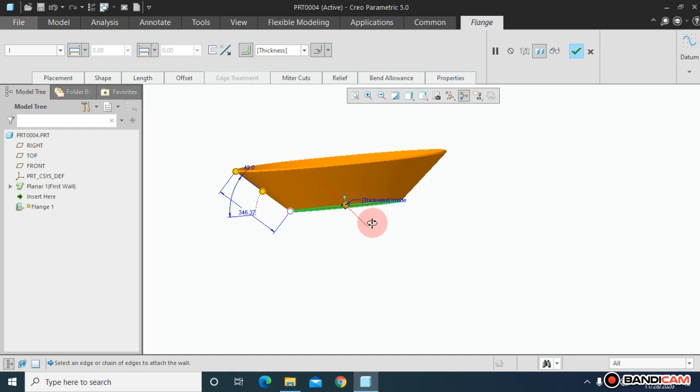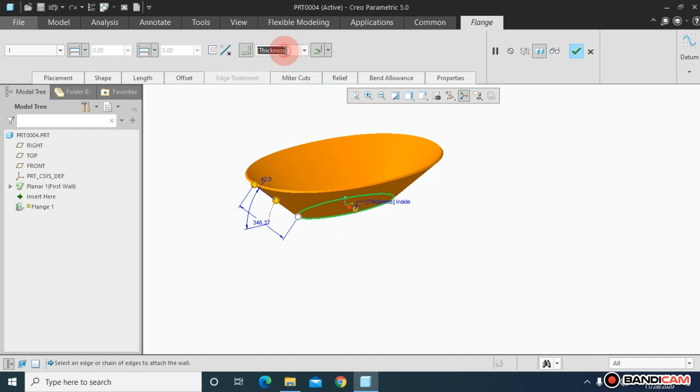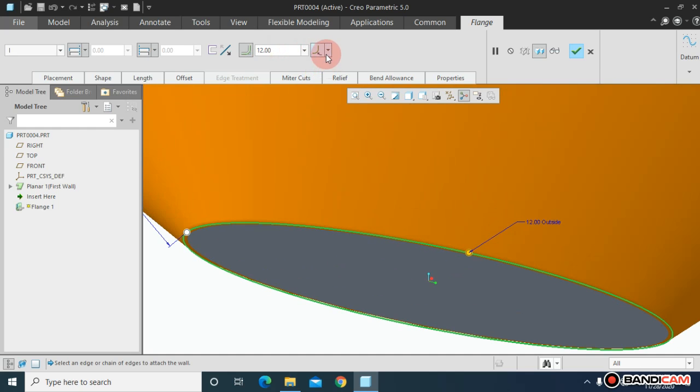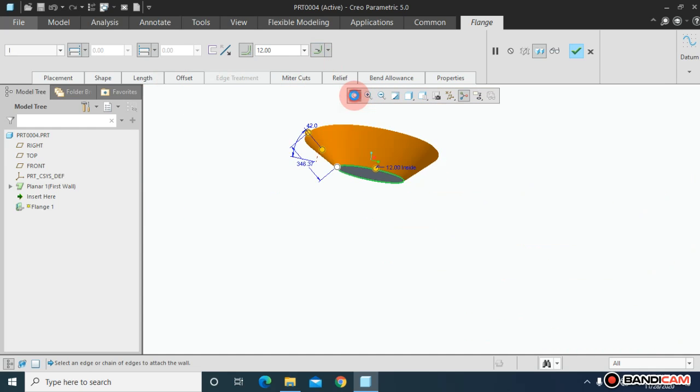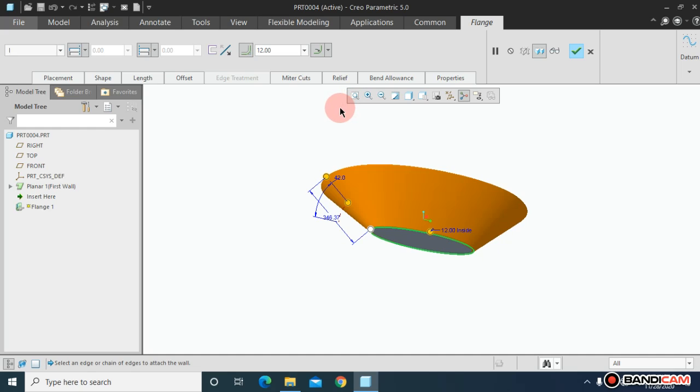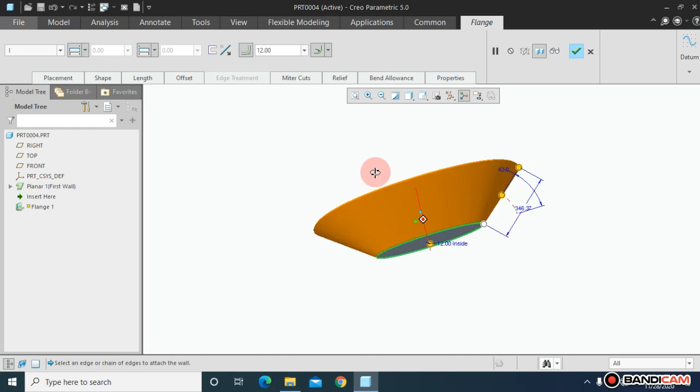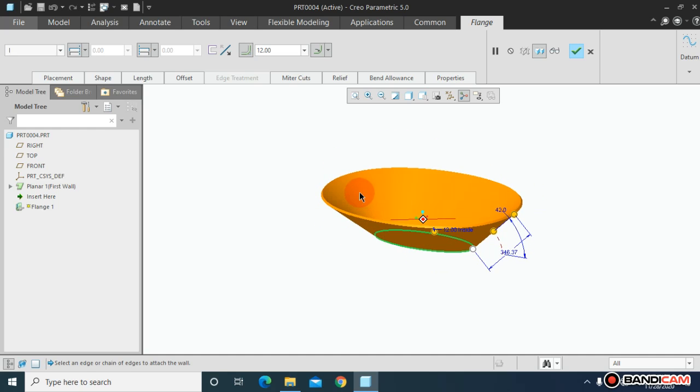Just change the angle, and let me keep the thickness 12 for now. Okay. So hopefully you understand how you can use the flat and flange. Mostly they are used to create the secondary wall, and planar and extrude are used to create the first wall. So hopefully you understand. What kind of shape you want, you can add as a secondary wall,